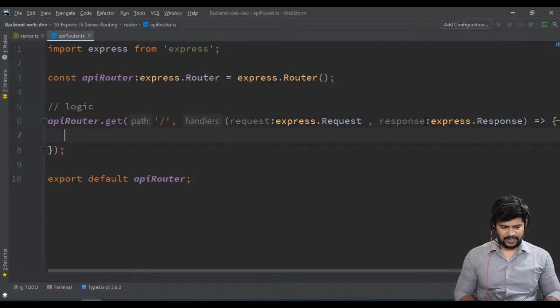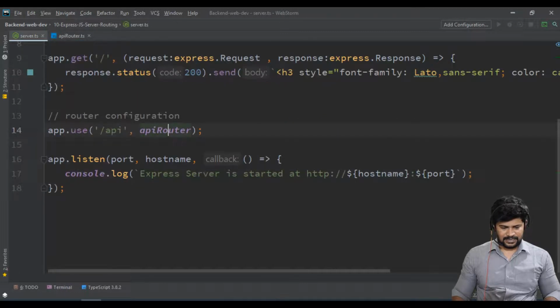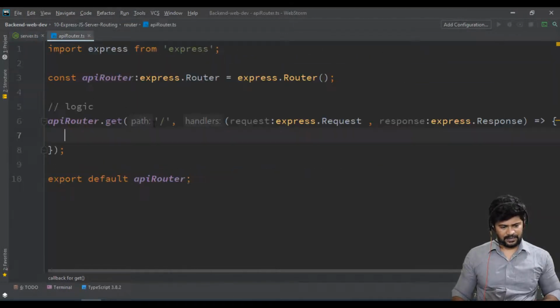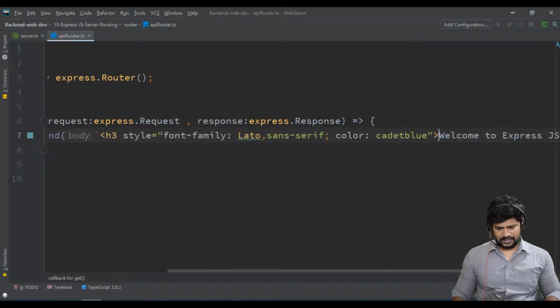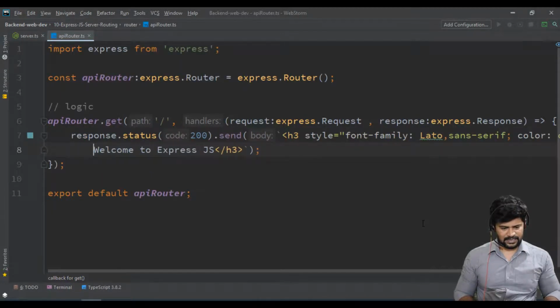And here you have to write the logic. So let me write a basic setup, for example like this one. I will make this, and let's put it in the next line for understanding in a better way.